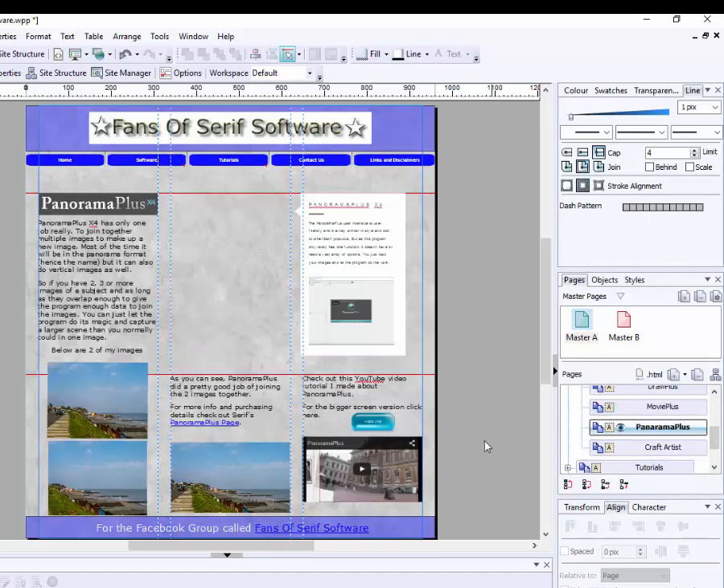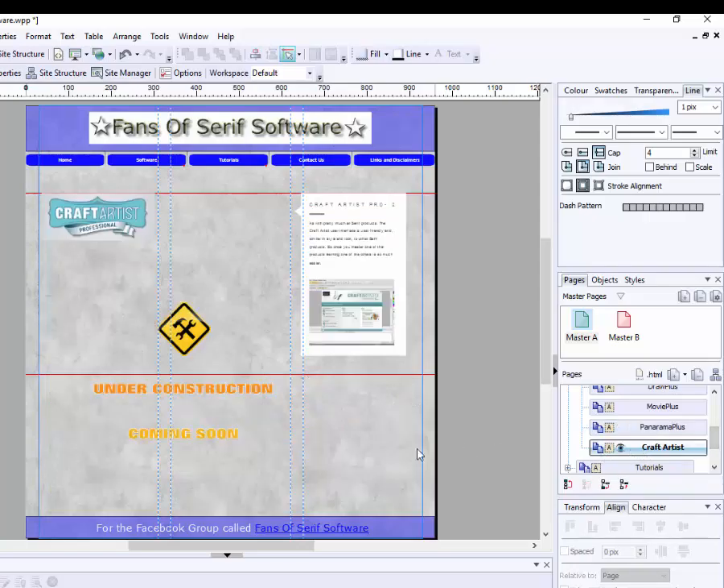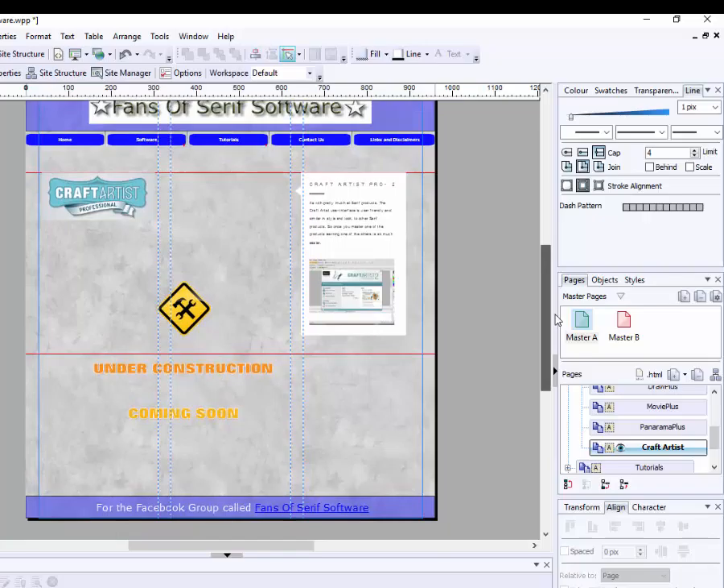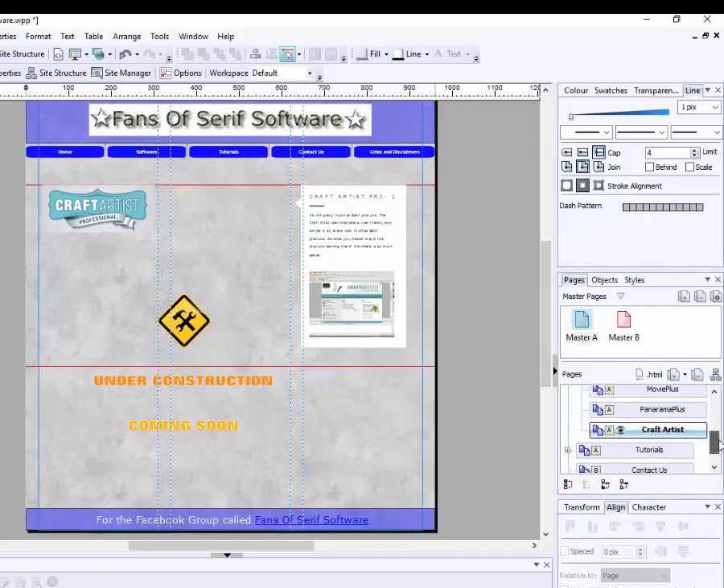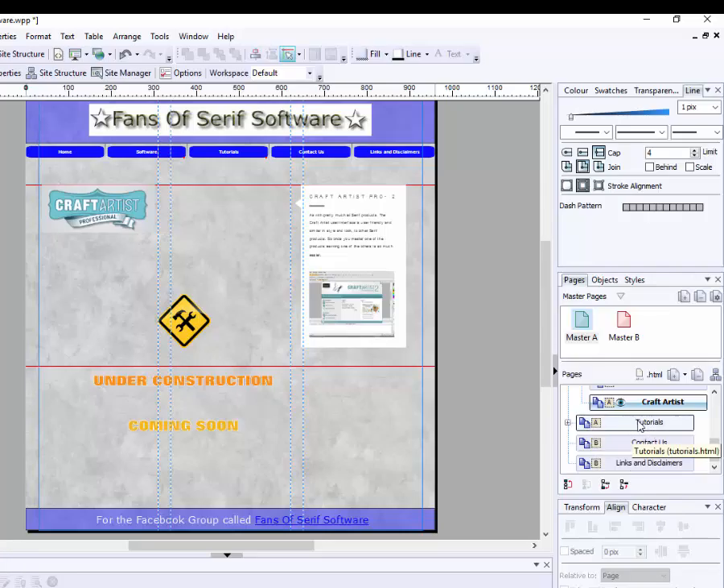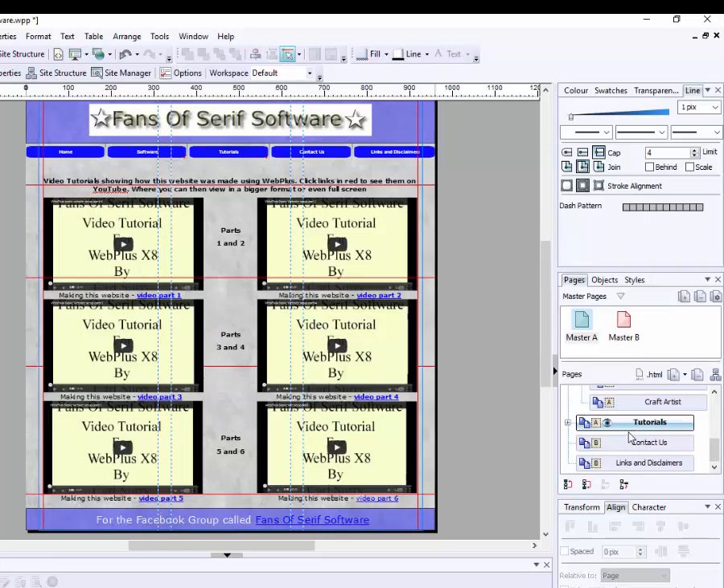Panorama Plus, I've finished, and it has a link to the video showing you how to use Panorama Plus. And Craft Artist is again something I don't use that often, so again I've been putting off completing that part of it. Right, the other pages I have finished or am getting round to is the tutorials. The tutorials main page has the link to the first 6 videos showing how this website was made,